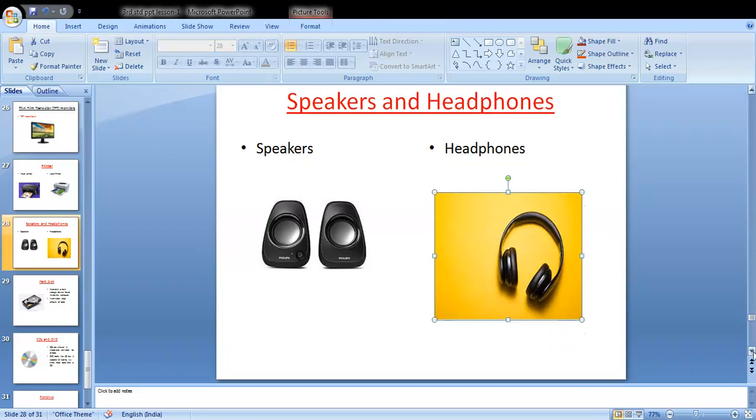This is also an output device. Why is it an output device? Because you get voice from these devices. From the speakers and headphones you get voice from the computer. That's why it is an output device. You get a result or you get voice from this. Understand?